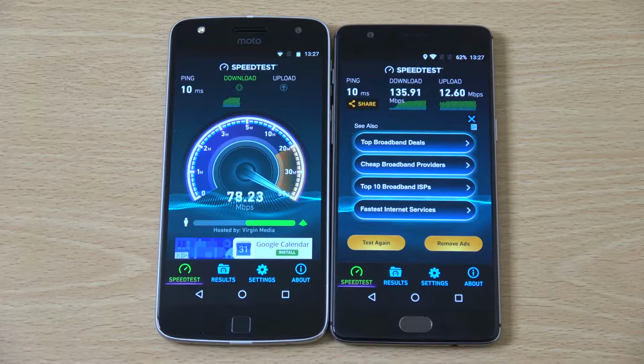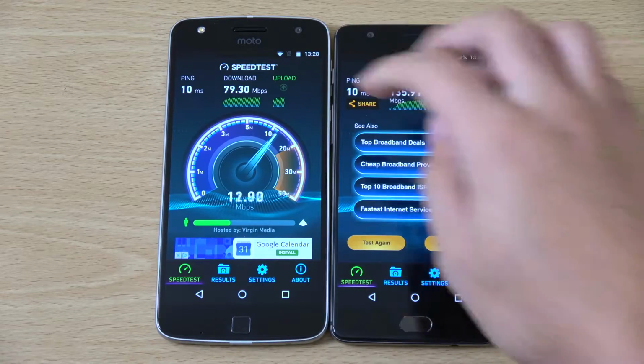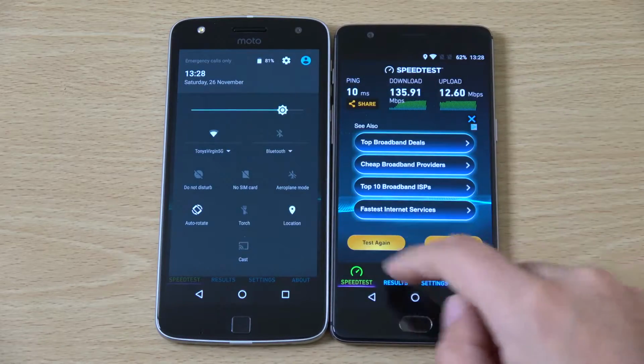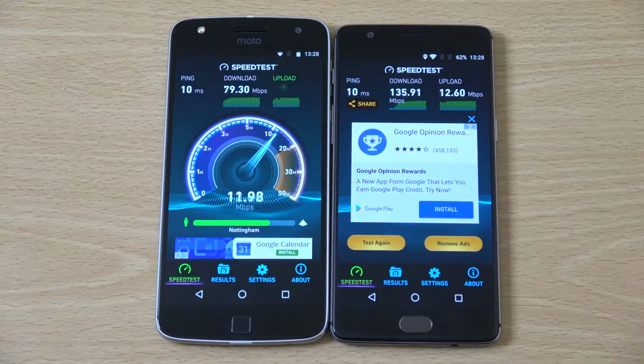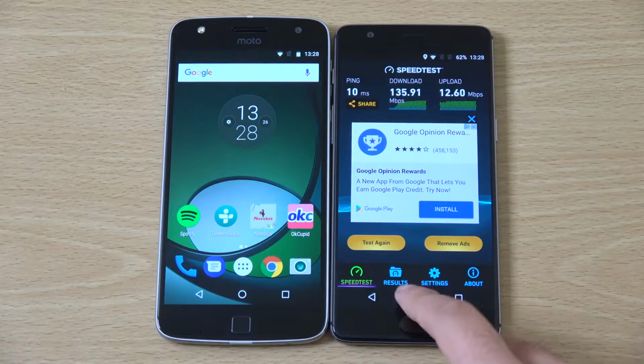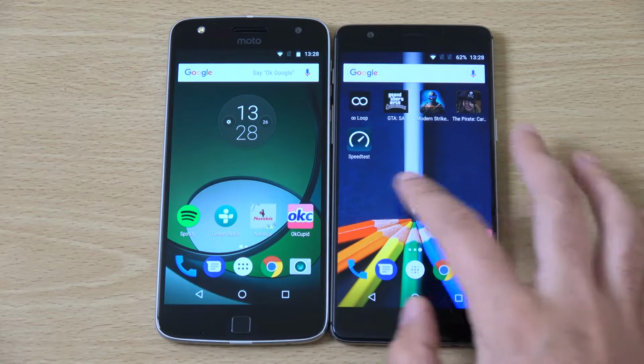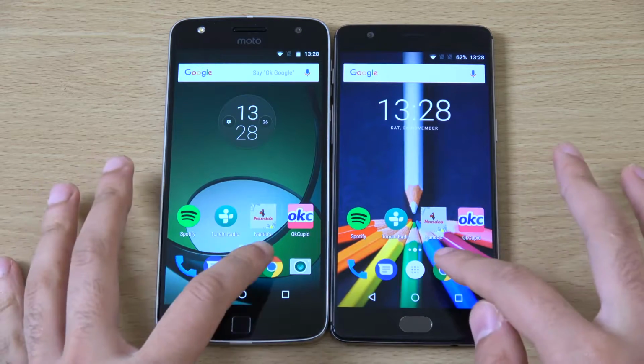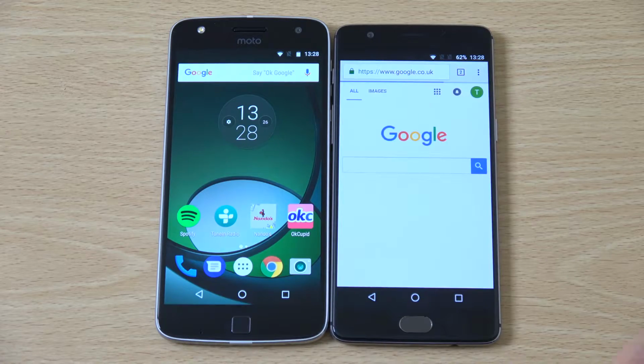And what can you do? Moto Z. Oh, you see, this is where you get the bottleneck a little bit. More mid-range performance there with the Wi-Fi. And we are on the 5G as well. So, I definitely think Qualcomm needs to step up its game when it comes to the mid-range processor for the